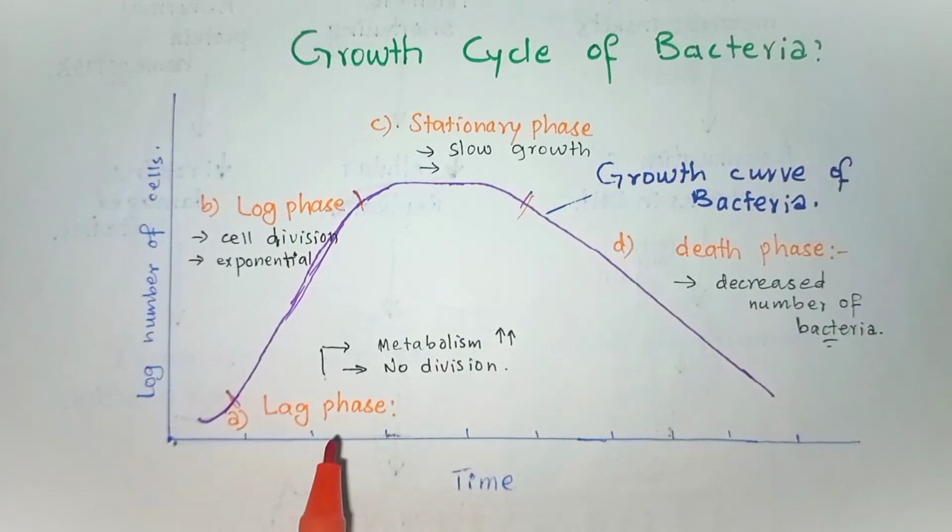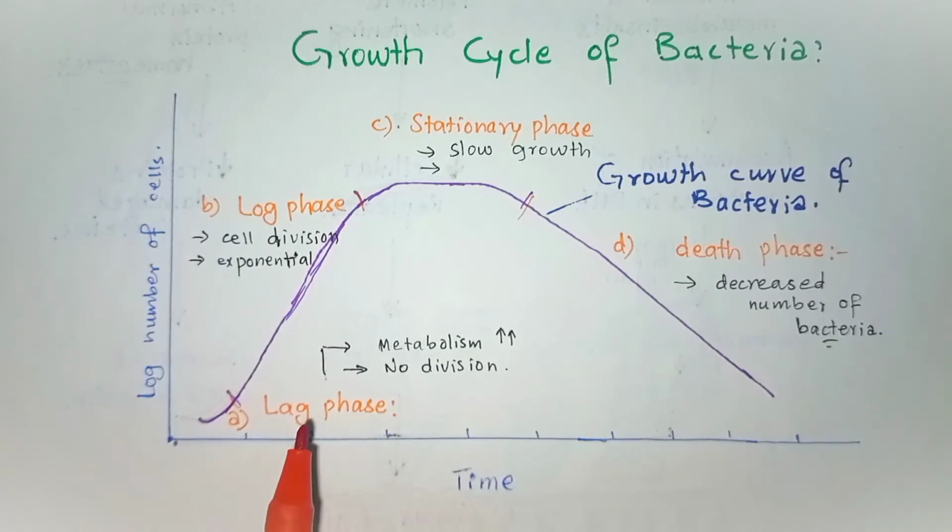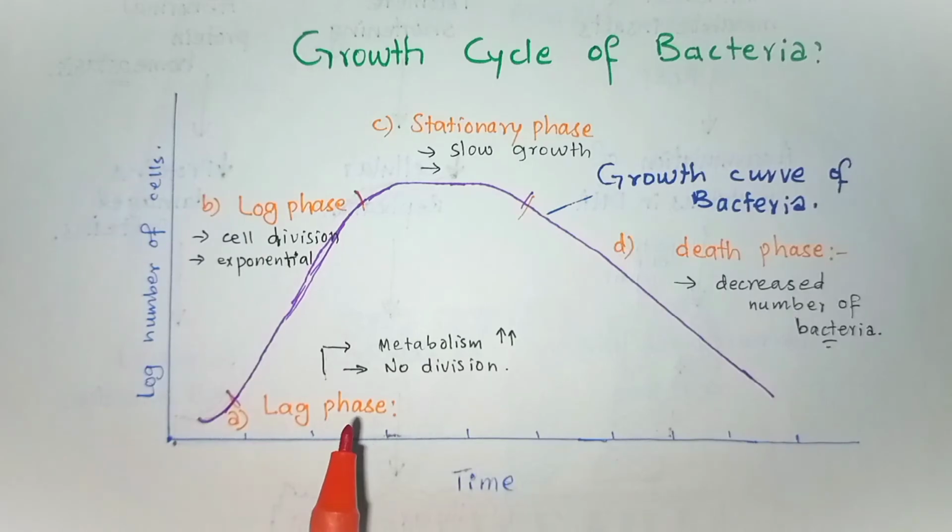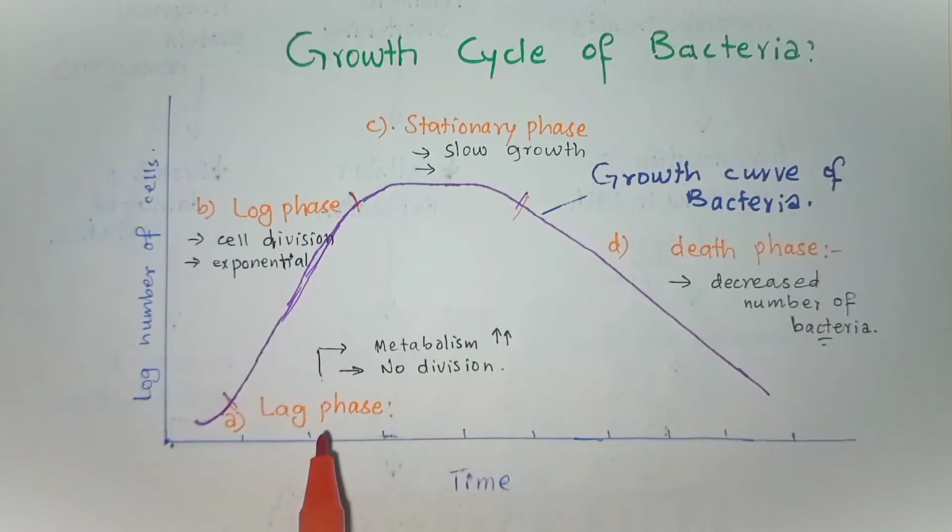First, coming to the first phase of the growth cycle of a bacteria, that is the lag phase. Whenever a bacterial cell undergoes cell division, the first phase that the bacteria pass through in their growth cycle is the lag phase. It is the first phase of the growth cycle of a bacterial cell, during which vigorous metabolic activity occurs, but no cell division occurs. This is the phase where the products necessary for the division of the bacterial cells are made. This phase lasts from a few minutes up to many hours.